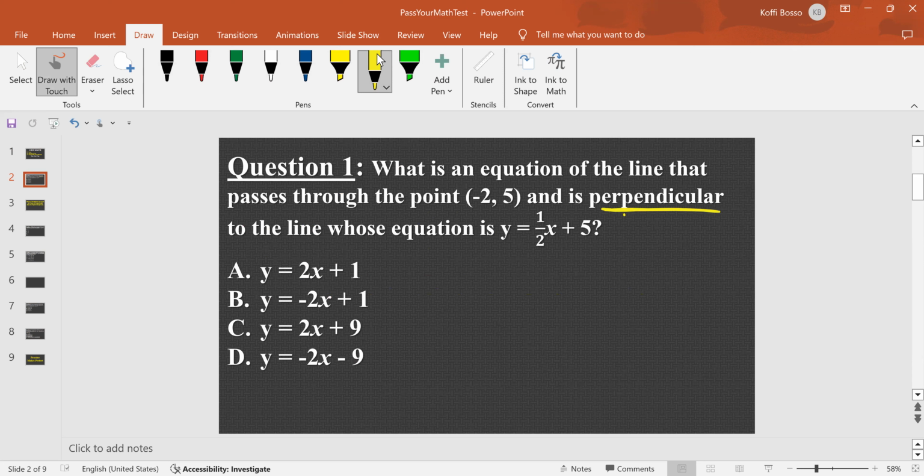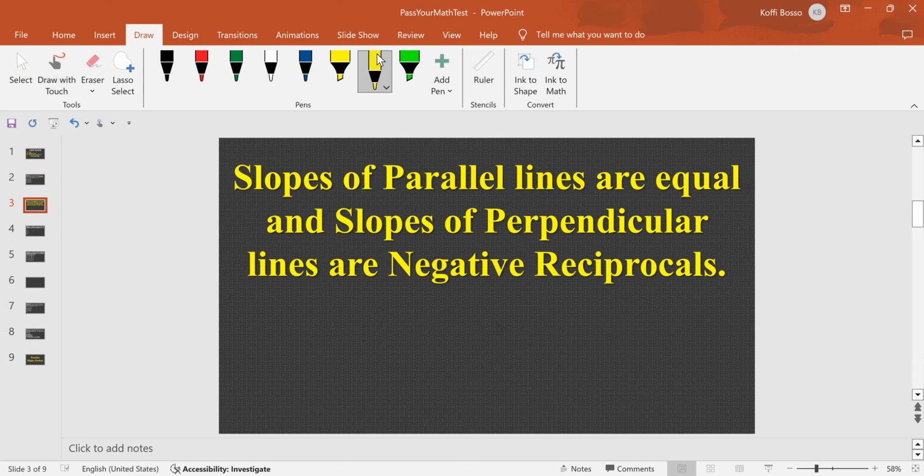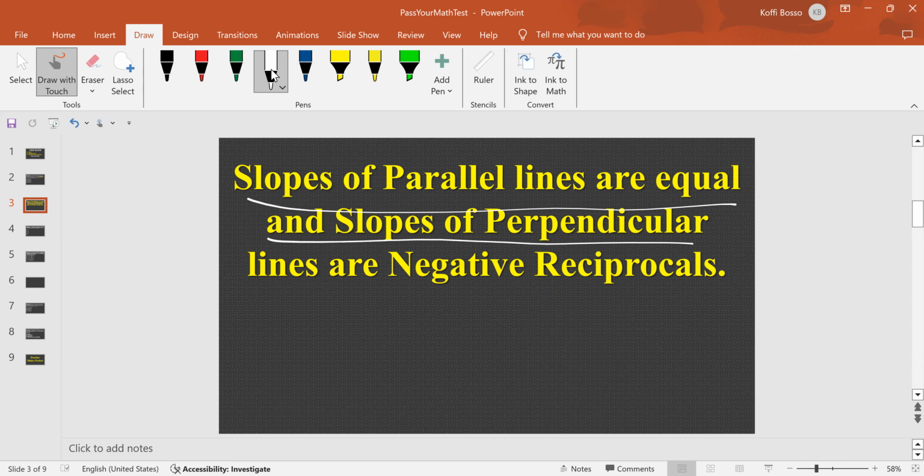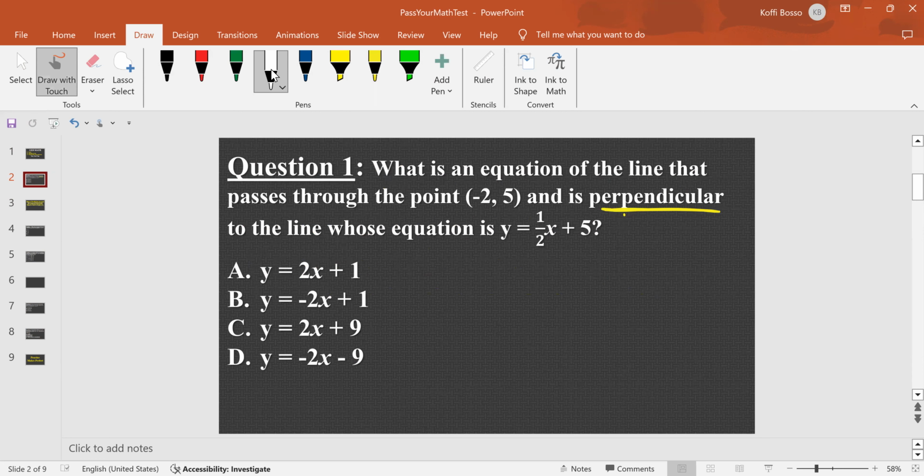When two lines are perpendicular, there is a relationship between their slopes. The slopes of parallel lines are equal, and the slopes of perpendicular lines are negative reciprocals. Therefore, the first thing to do here is to get the slope of the given equation. In the given equation, the slope is